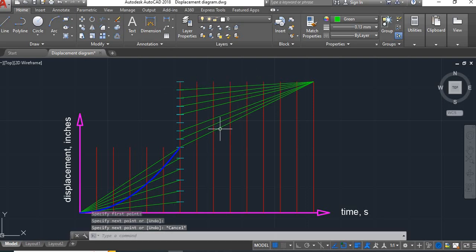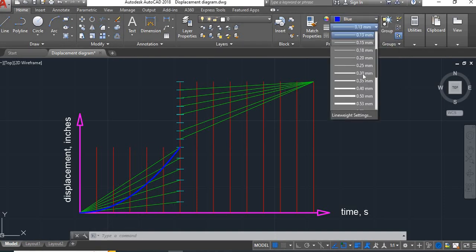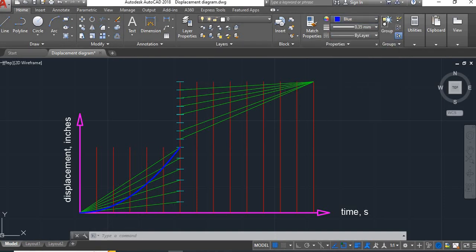Actually, we don't need this one. Now we connect the intersection of the red and the green lines. So we choose blue, then we change the line weight to become more visible. Okay. So we connect this line to this line, the intersection of the green and the red one,